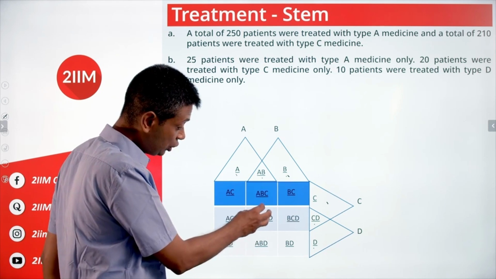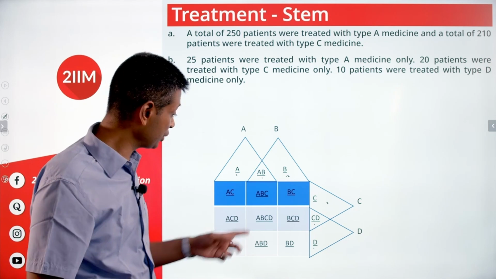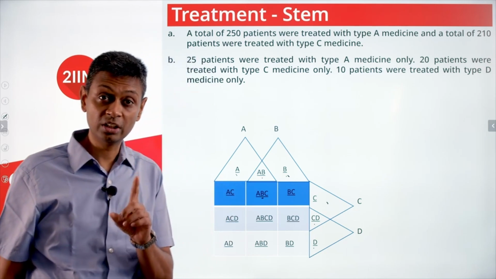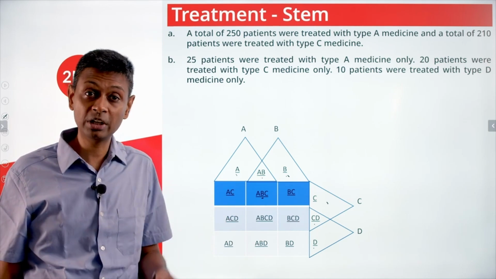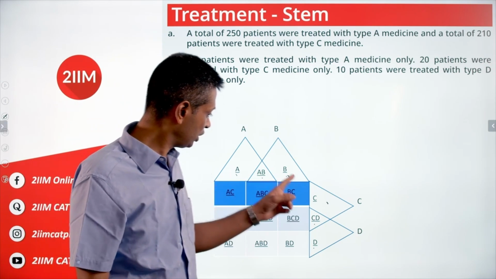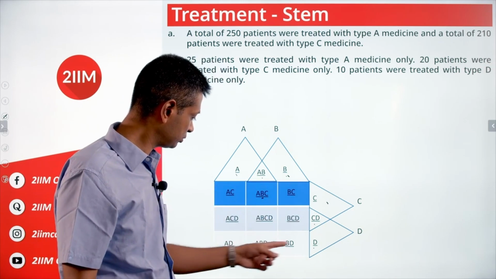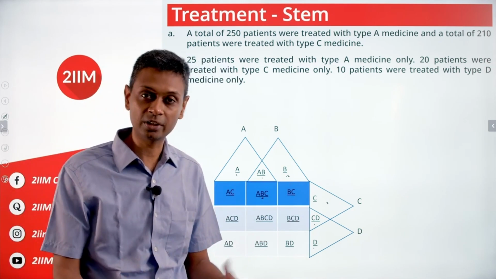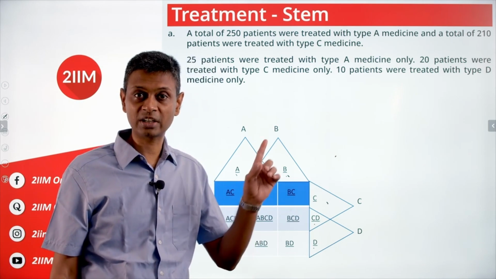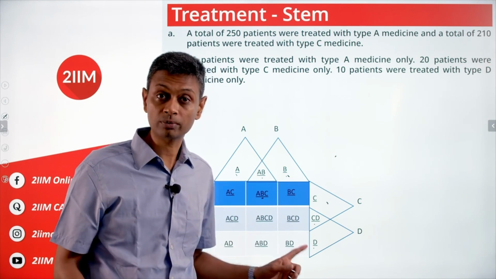Each of these regions, remember, this region does not represent A intersection B intersection C. It represents A intersection B intersection C only. Keep that in mind. So we have 3, 6, 9, 12, 15 regions defined. None of these will be outside. That's not our scenario. Overall 500 have to be accounted for here.